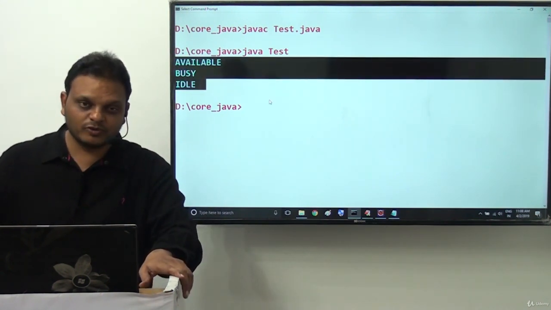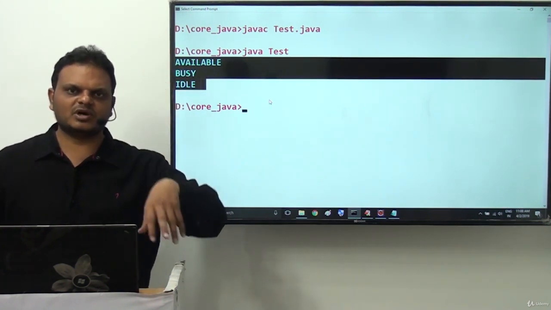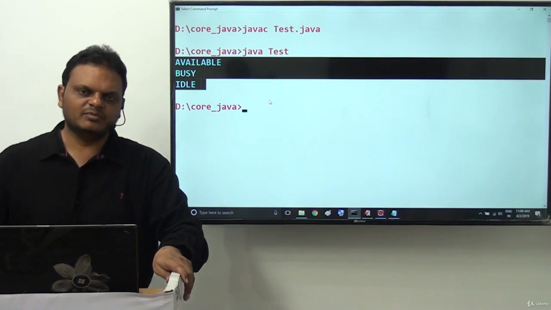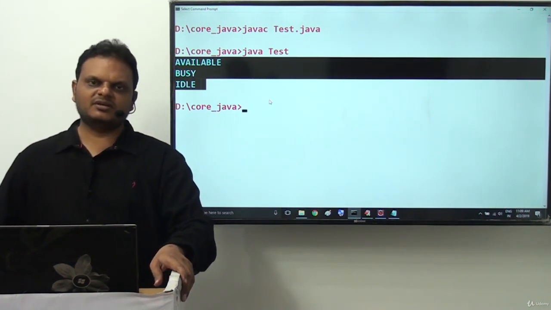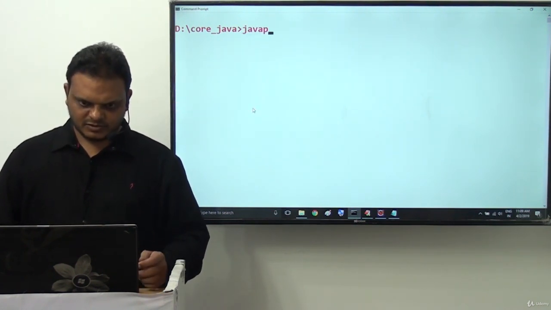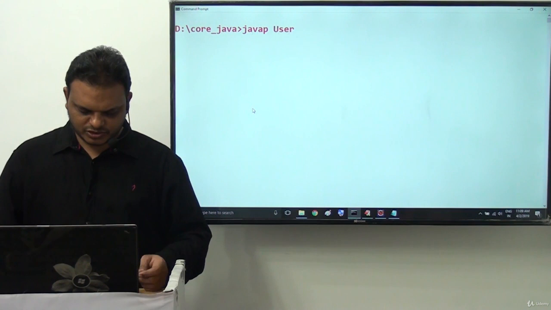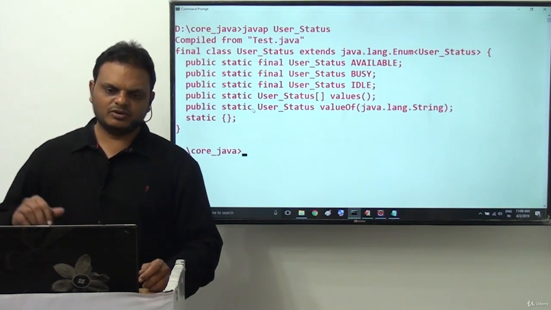But how can we prove these constant variables are by default of the same enum type, and that they are public, static, final? How can we say that? For this, observe: java space user status. Here we are able to get it.